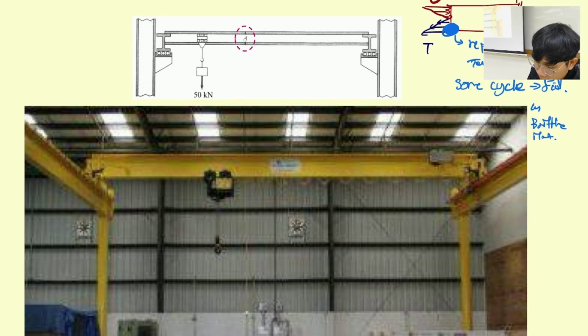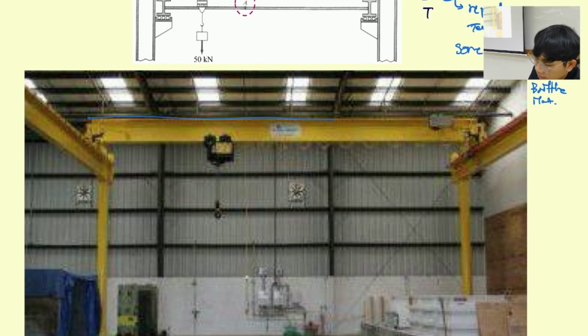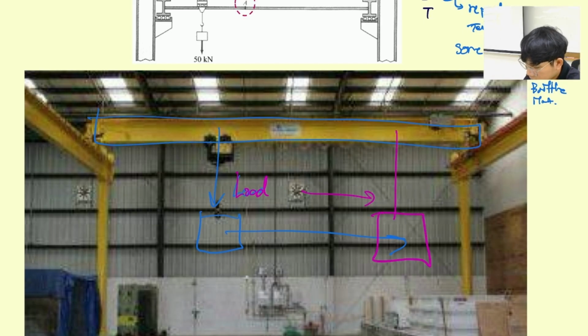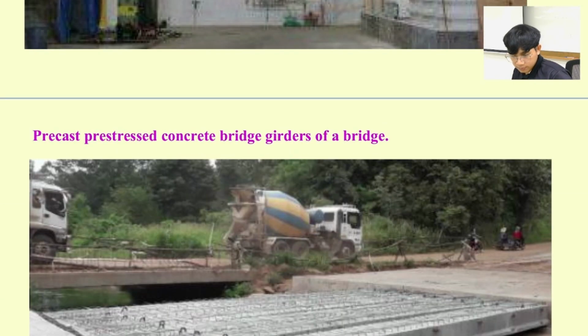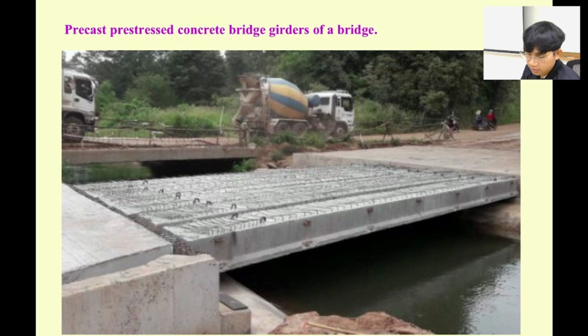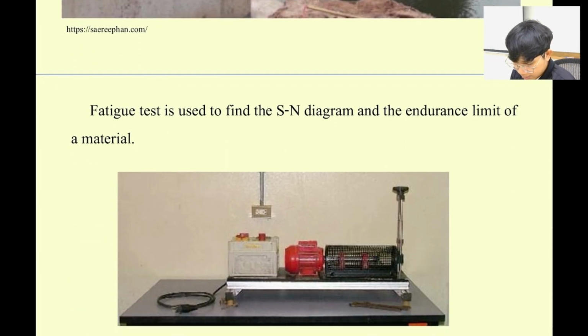Okay, for example, if you design a mobile crane inside a factory, you also need to consider fatigue, because you're going to hang something and move it over here, which means you load here, hang over here, and then drop here. So over here is unloading. So it's going to repeat, and at some point it can fail. Okay. Similarly to a bridge girder, when we design it, we also need to consider fatigue. But